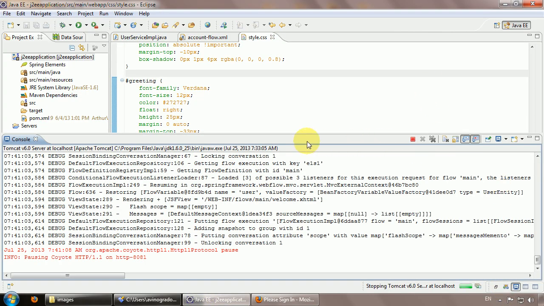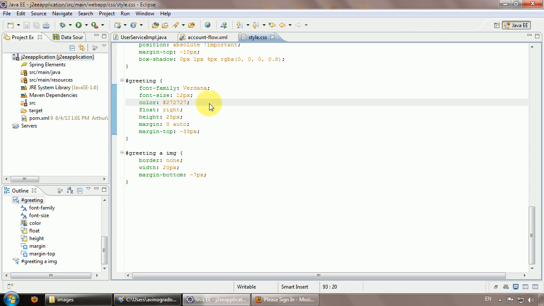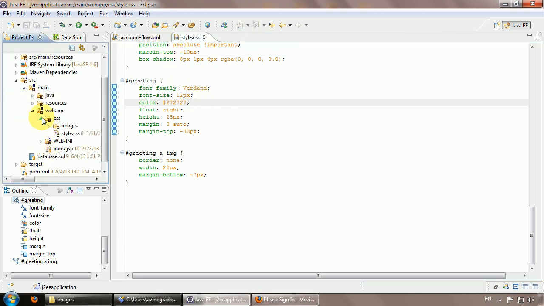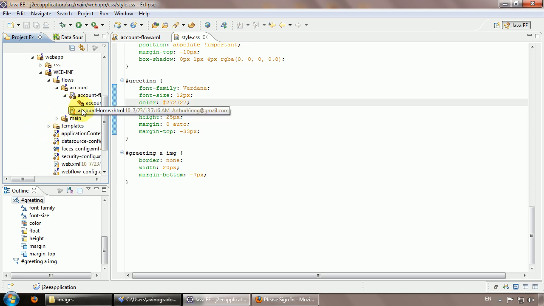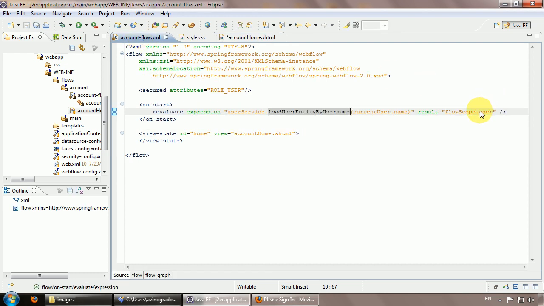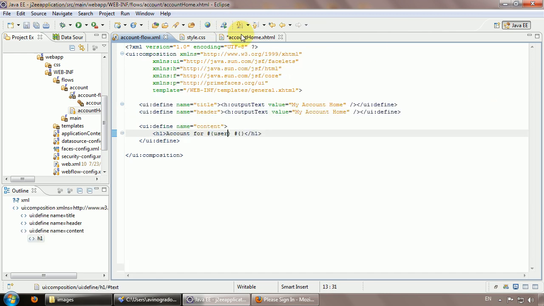So log out, and we use it in a similar way. Account form, use the expression language user. So we again reference the flow scope variable user, this one,